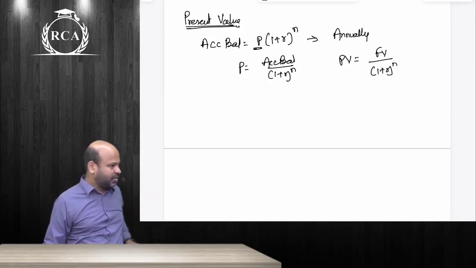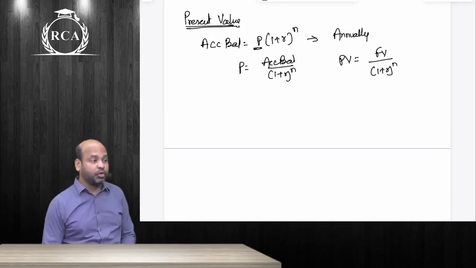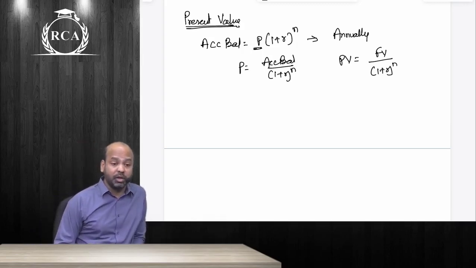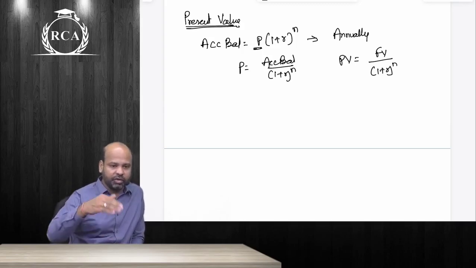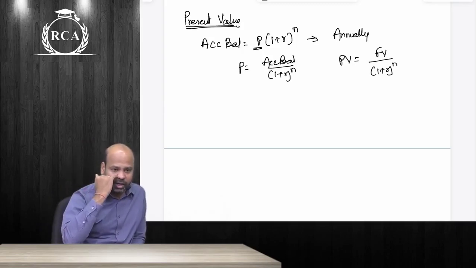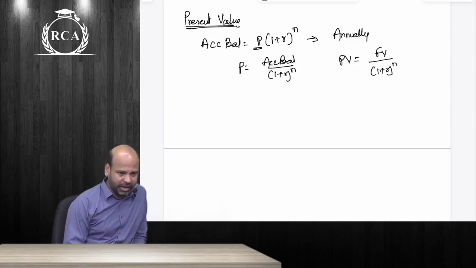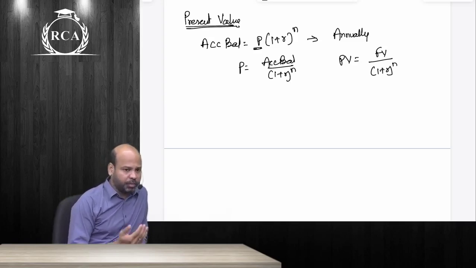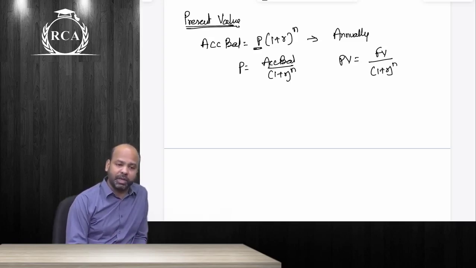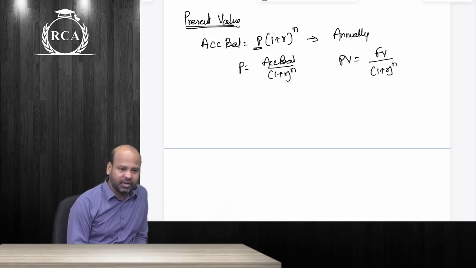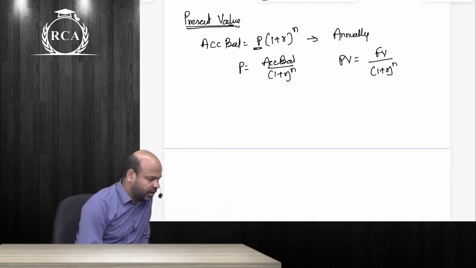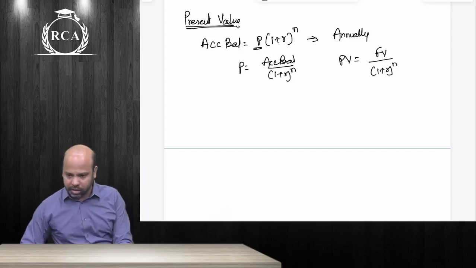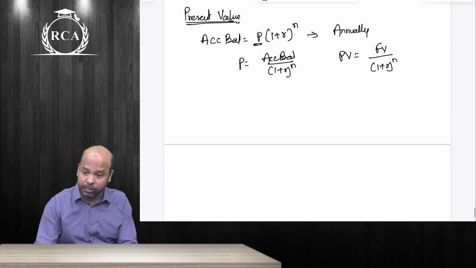In other words, present value is what is the amount of deposit that you're supposed to make today to receive a certain sum of money on a later date. I want to receive 1 lakh rupees after 5 years. To receive that 1 lakh rupees after 5 years, what is the amount of money that I should be depositing today will become its present value. Someone is giving you a piece of paper, tells you that you will be receiving an amount of 10,000 rupees against that after 2 years. What is the value that you are willing to pay for that 10,000 rupees today will become its present value. Is that clear guys? So present value is nothing but the amount of money that you are willing to deposit.